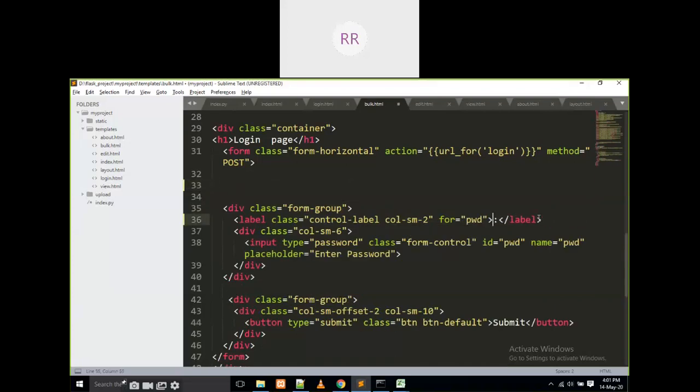I am going to write a file field like this. This is going to be the file, and I am going to write enter here. There is no need of the other field. Just wait.